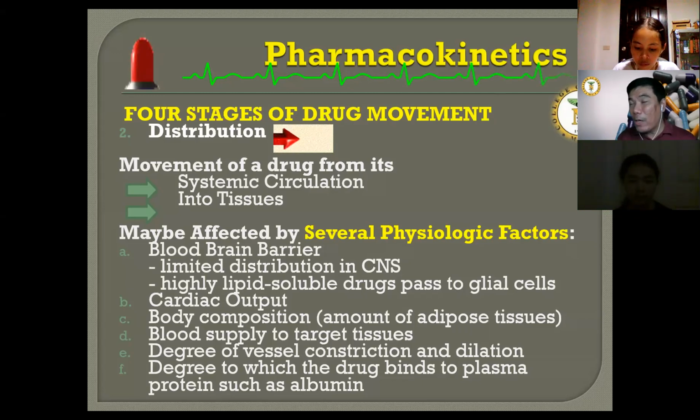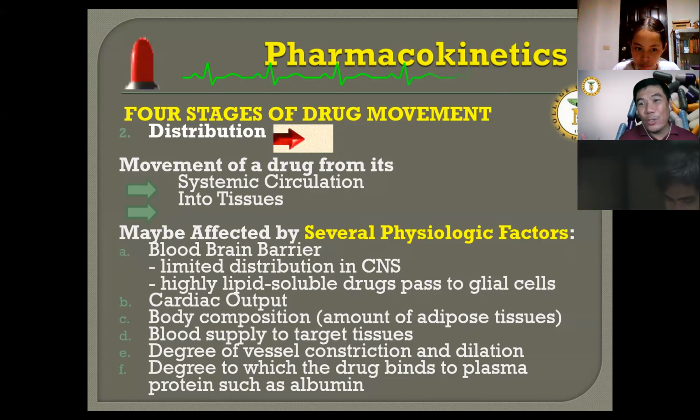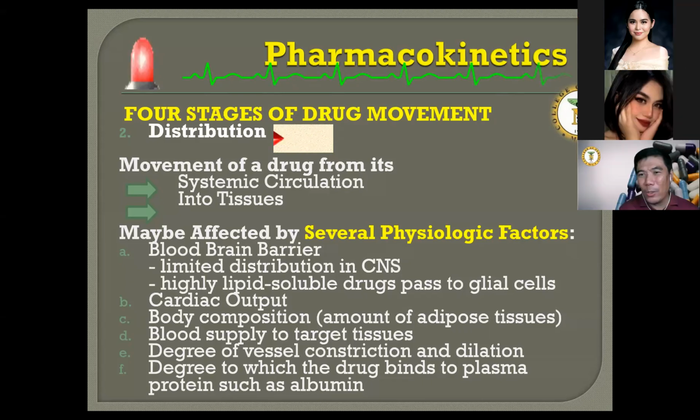It may affect ba the level of oxygen? Yes po. If it will affect the level of oxygen, so meaning the body is not meeting the required level of oxygen that is supposedly circulating, will that manifest difficulty of breathing? Yes po. And that's why too much alcohol itself causes difficulty of breathing.